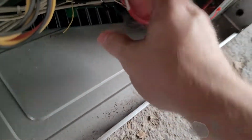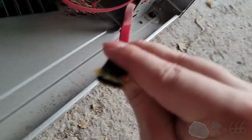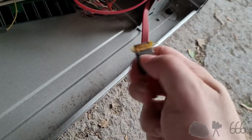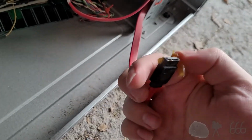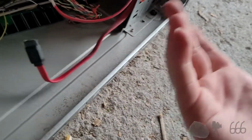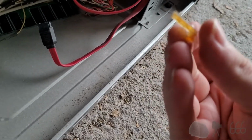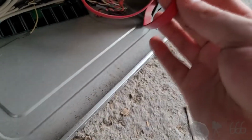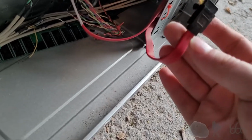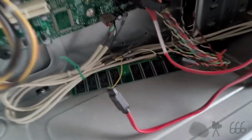And something about that doesn't look right. Somebody glued the, looks like, is that, yeah, that's like wood glue. Or probably not wood glue, but some kind of glue anyway. They glued the SATA cable onto the drive, which, I don't know why you'd do that. Perhaps the cable is bad, I don't know. But,